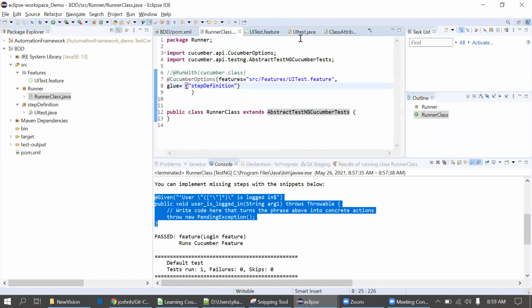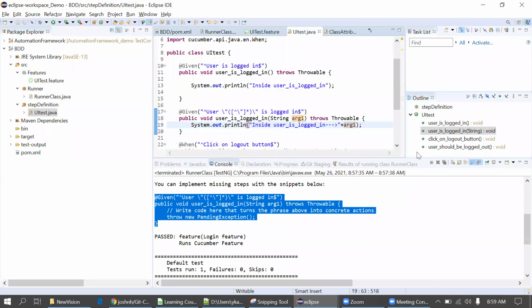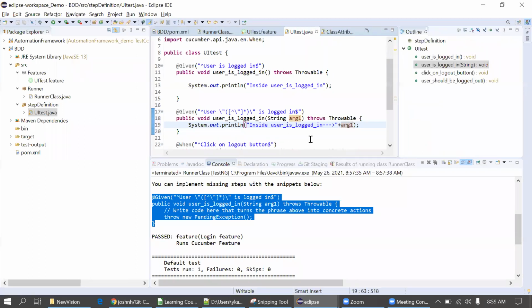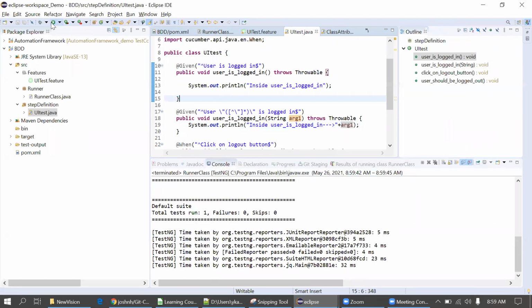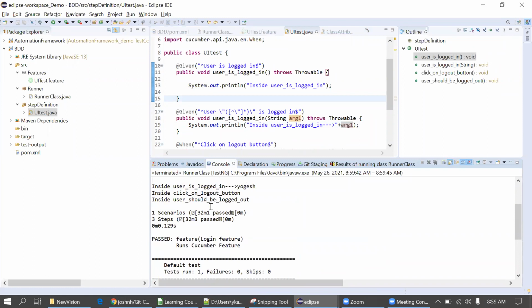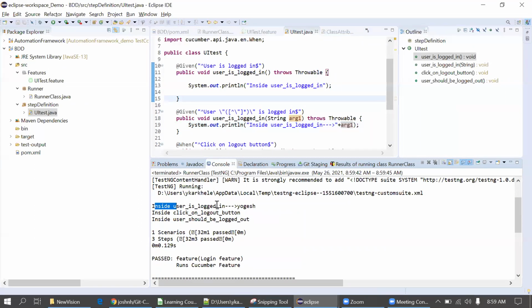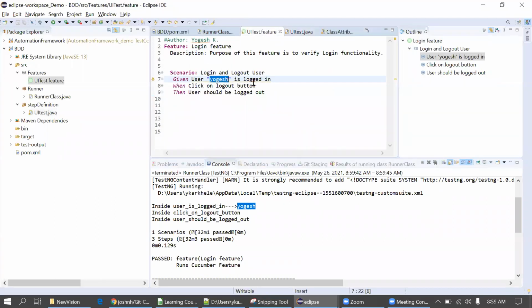I'm minimizing the windows and executing the runner class again. Now you can see inside user logged in, and we are printing Yogesh because we have passed this Yogesh from this feature file.